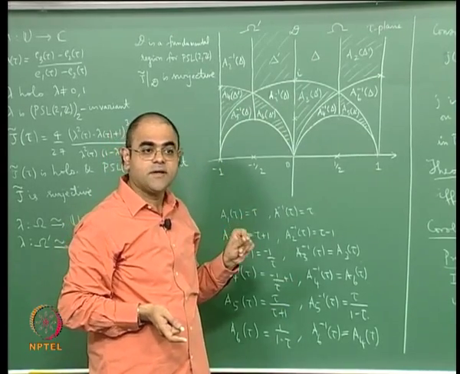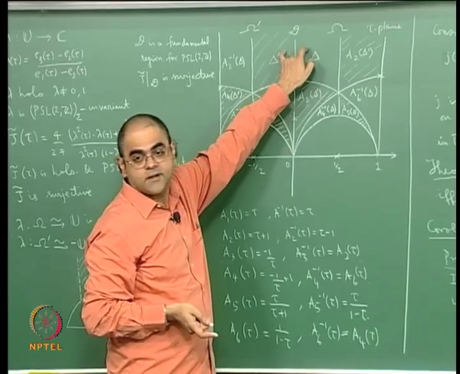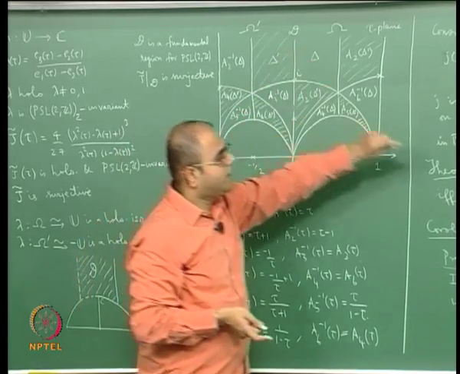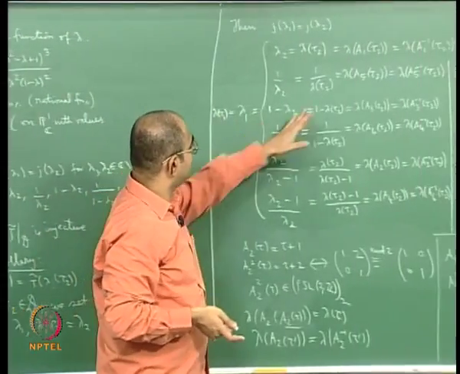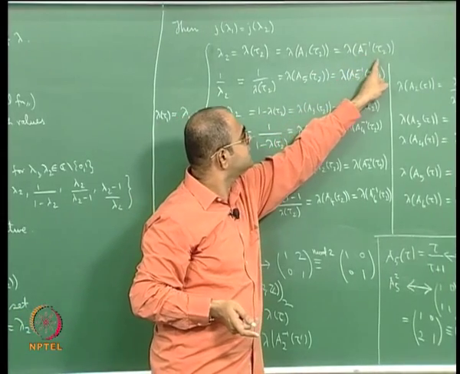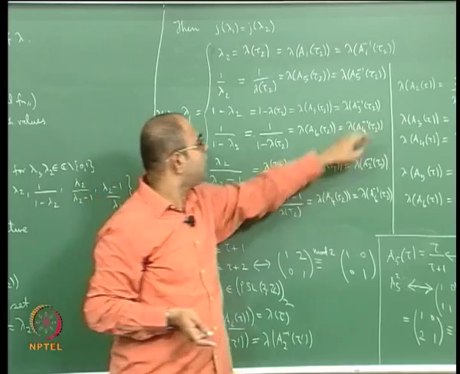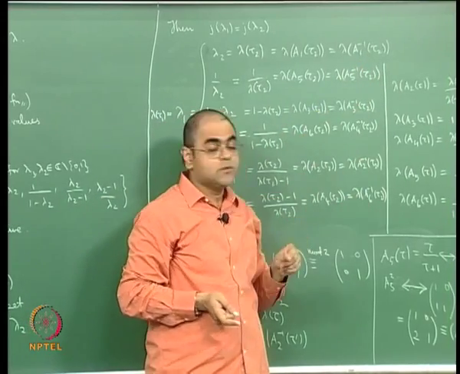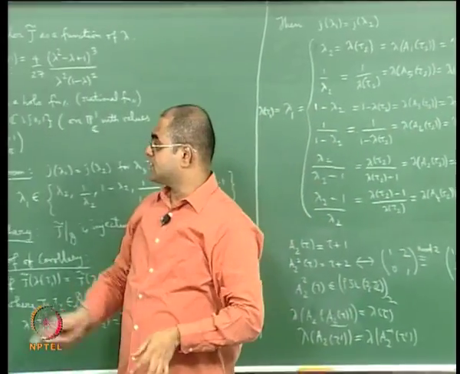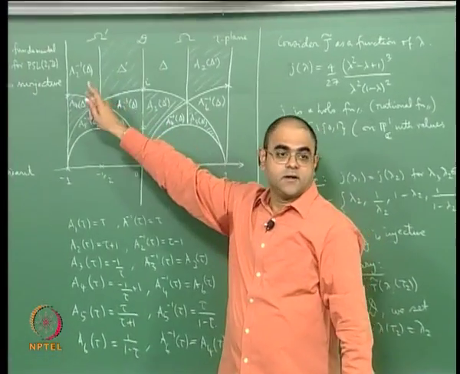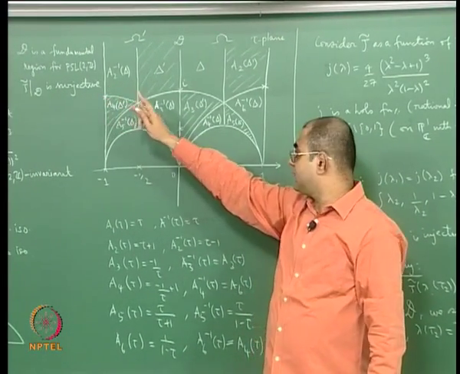So the moral of the story is that no matter what tau 1 and tau 2 you start with, the images of tau 2 under A1 through A6, or under A1 inverse through A6 inverse, are going to completely lie in omega union omega prime,